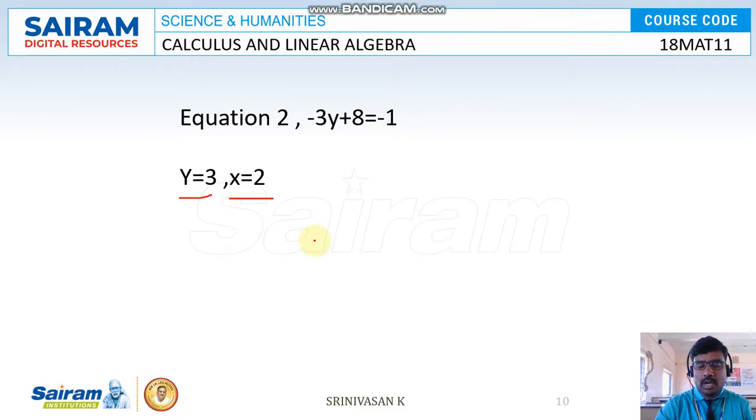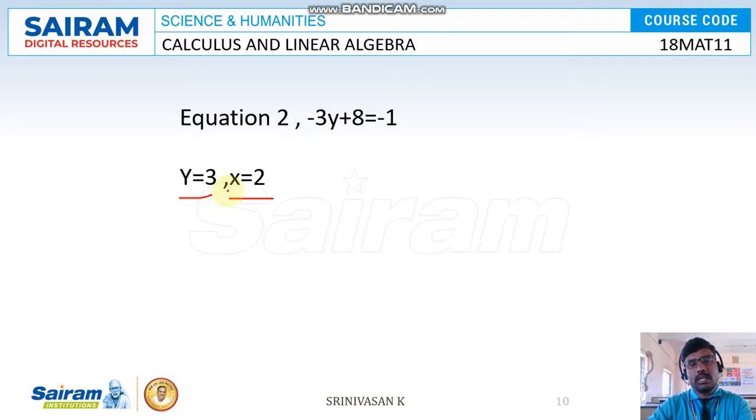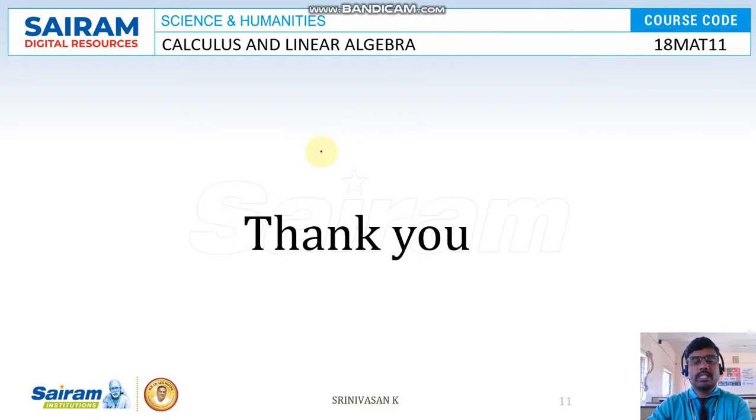Okay. So how do we verify whether the values are right or wrong? Just substitute the x, y, z values in any of the three equations given in the question. If the condition is satisfied, and the right hand side equals the left hand side, definitely your answer is correct. If not satisfied, your answer is wrong. This is the verification method.